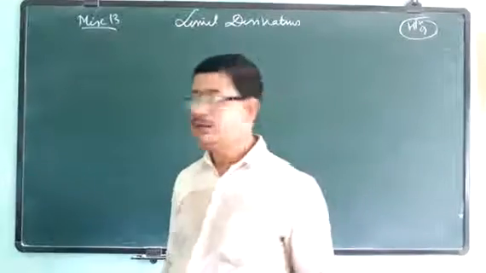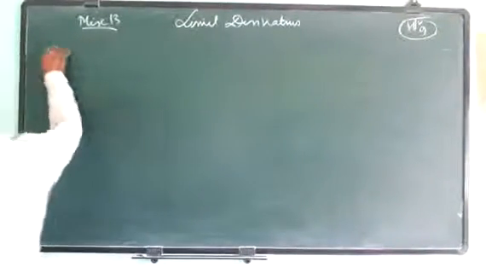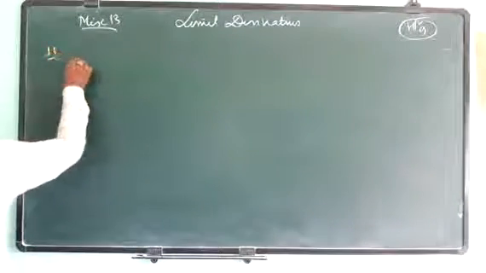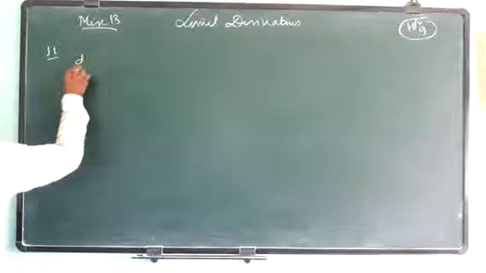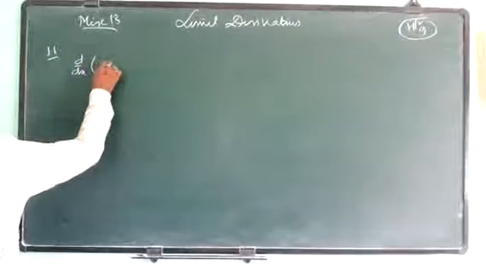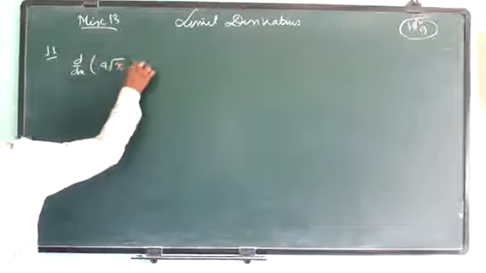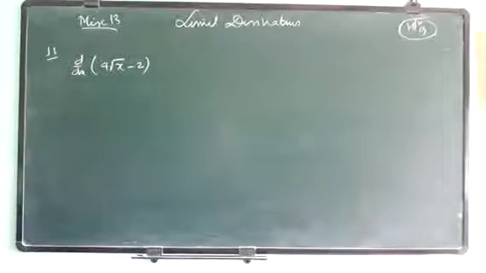So that's why I also have to clear this one. Now question number 11: d/dx of 4 root x minus 2. So this I am going to do, and it is 4 root x. If we want to do it, then it will be